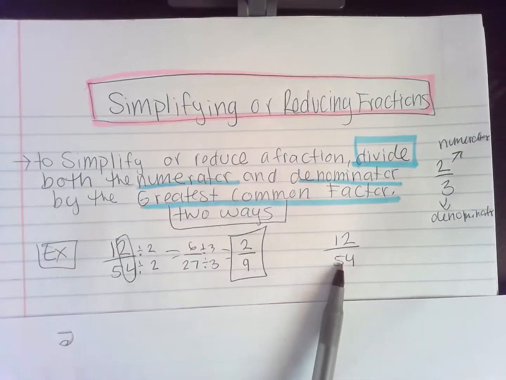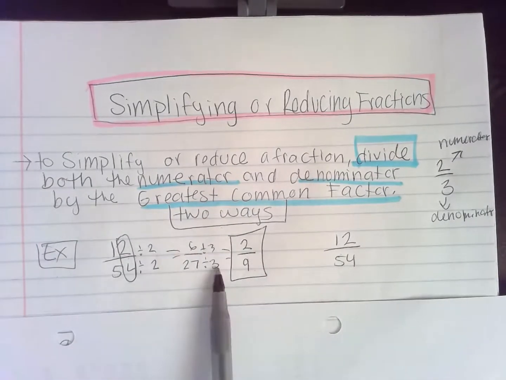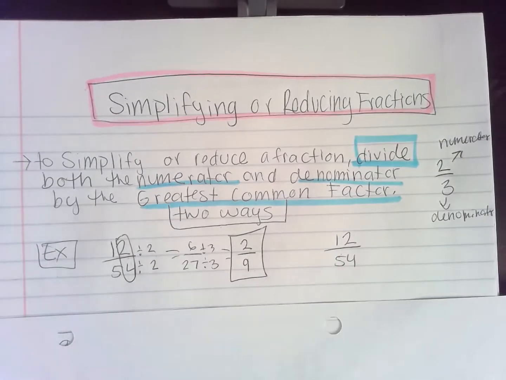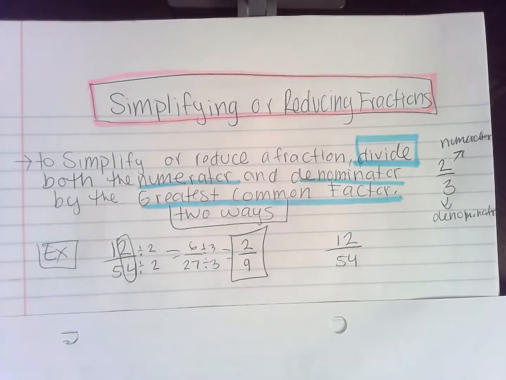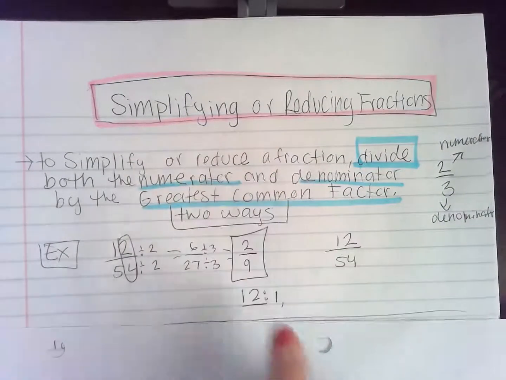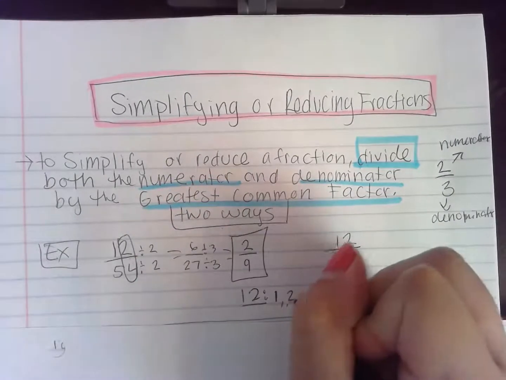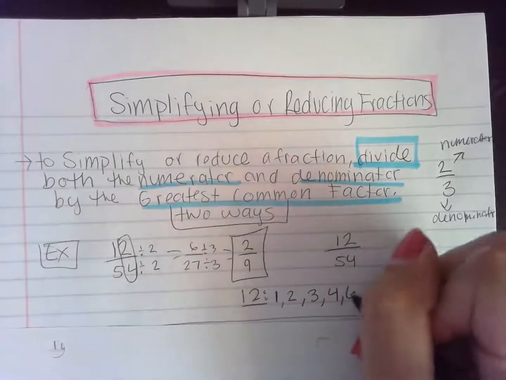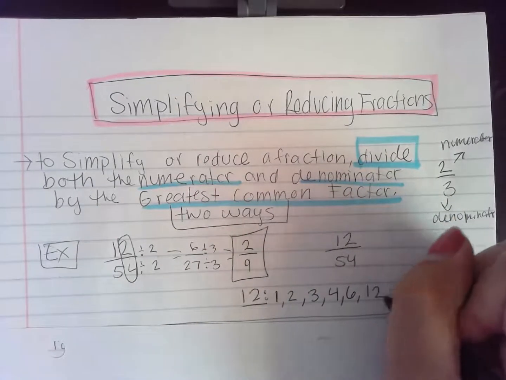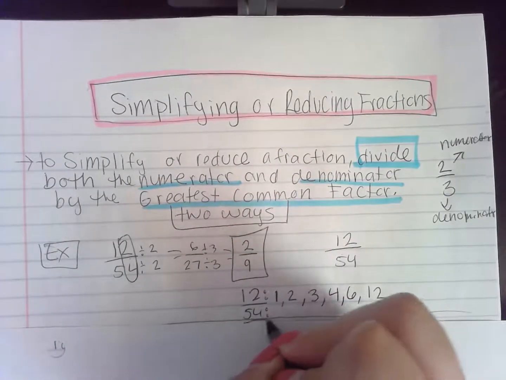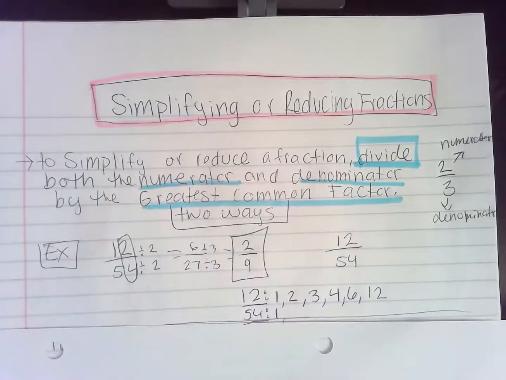Now this is the same exact problem, but you can avoid all these steps by taking the greatest common factor between 12 and 54. To do that, we really need to know our factors here. So I know that the factors of 12, and I'll write this here, you can always start with 1, and then 2 is another factor, 3 is another factor, 4, 6, and 12. So these are the factors of 12. Now let's do the factors of 54. Factors of 54, 1,